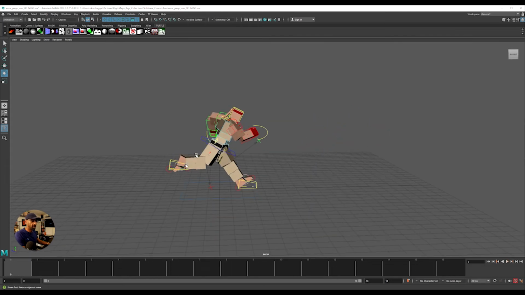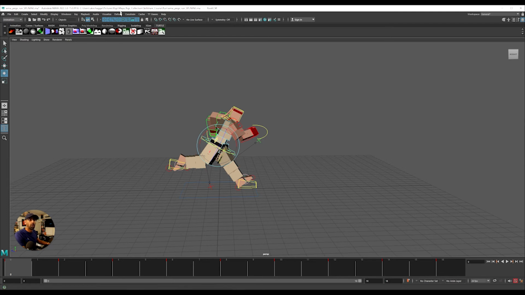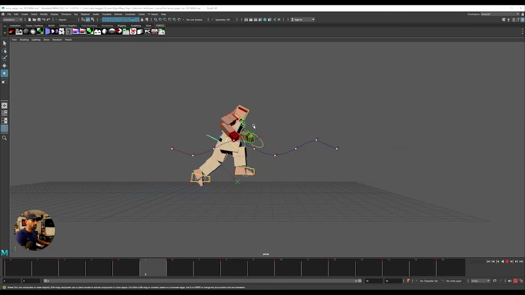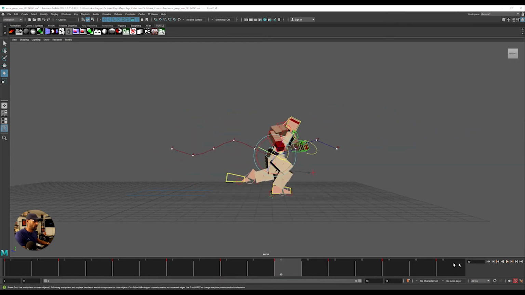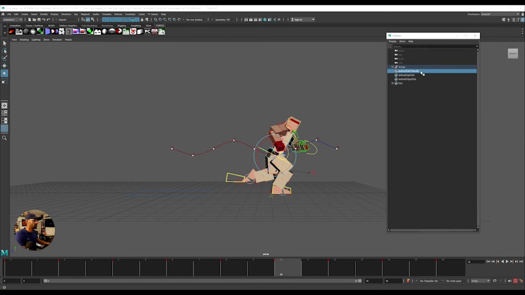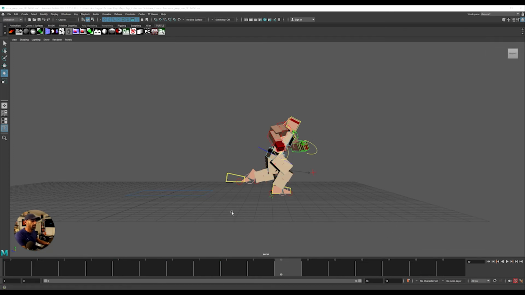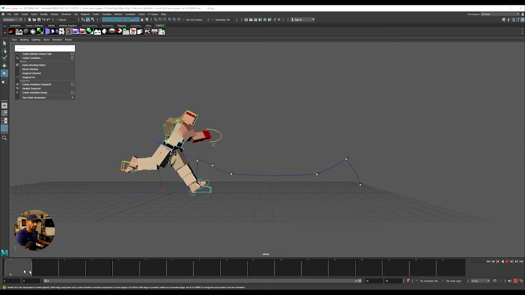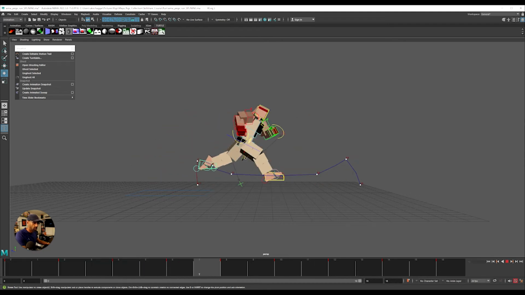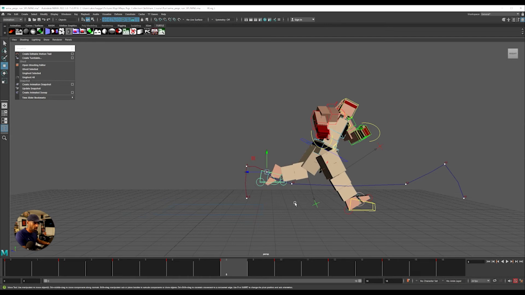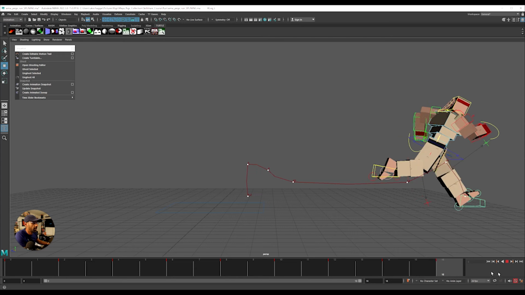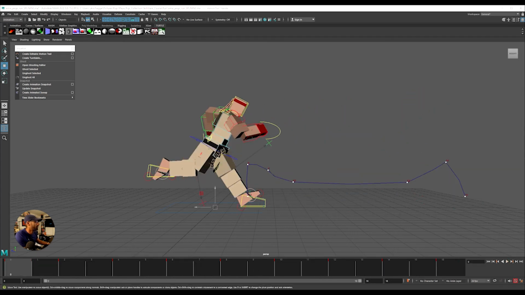Let's check the trajectory. Okay, looking nice, smooth. Let's check the trajectory again. Let's delete that. Let's check out the trajectory here. Okay, that's a bit harsh coming up, but this is where we start polishing, and we'll go through that. So what we're going to do now,